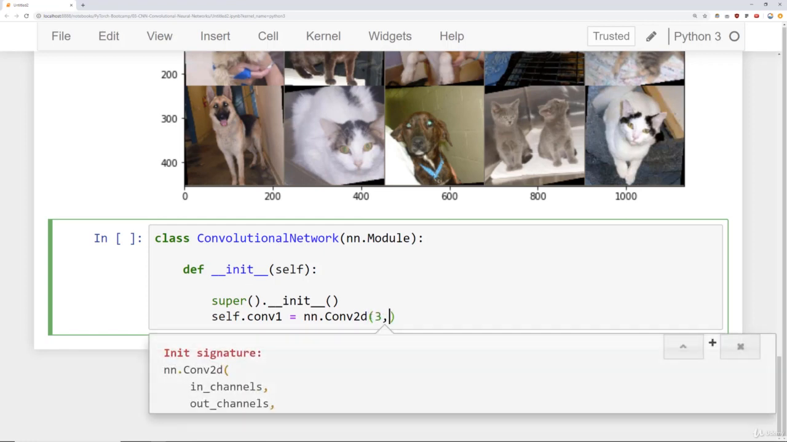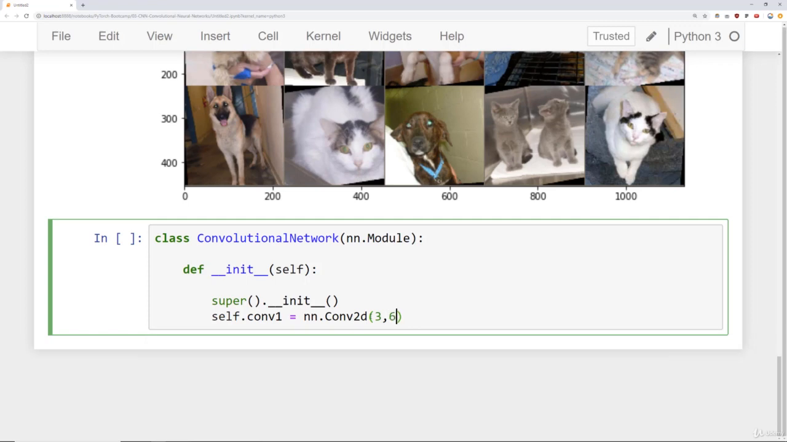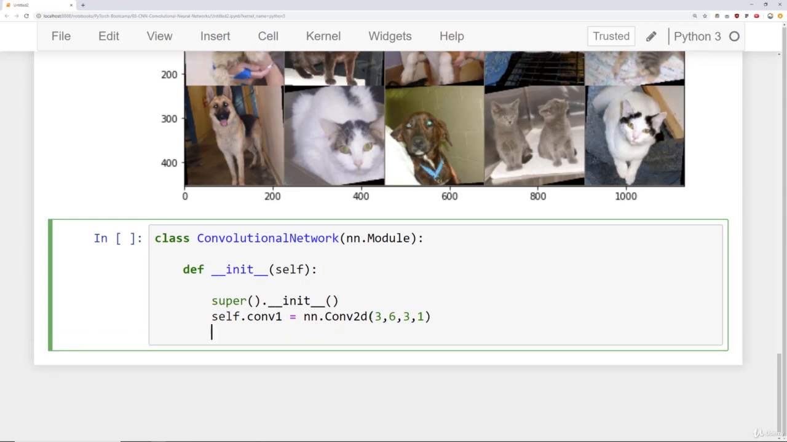We'll just say that we have 3 input channels. So we have those 3 color channels. We'll say create 6 filters out of them. Kernel size is 3 by 3, and go with a stride of 1. Next convolutional layer